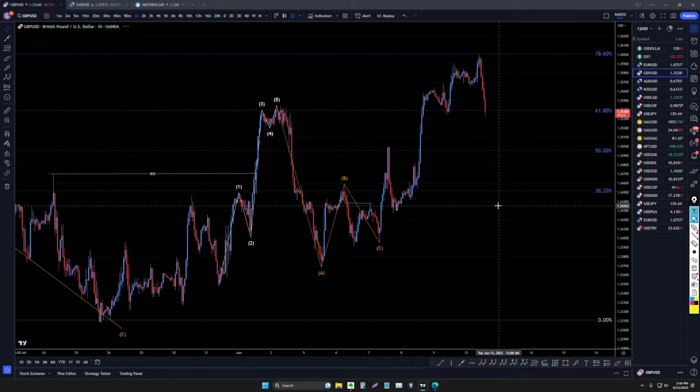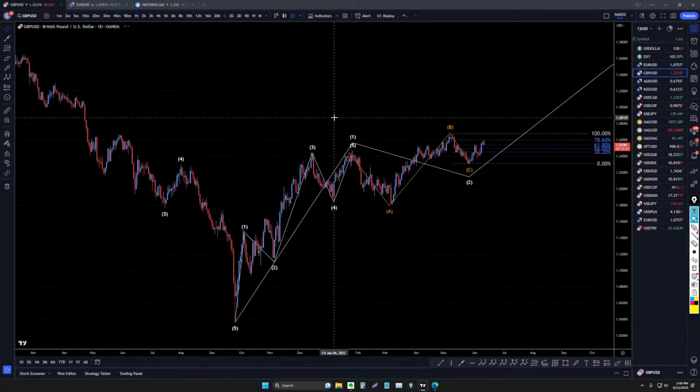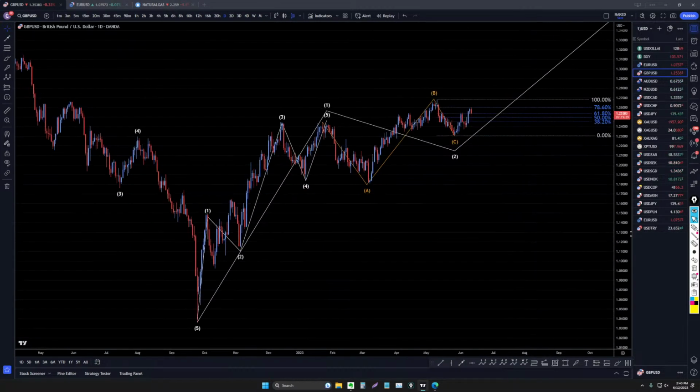Let's move on to the pound dollar. Pound dollar is definitely making a nice move to the downside also. Now the pound dollar did make a little bit of a 3-wave pattern up right here, so we have to be careful. There is definitely,